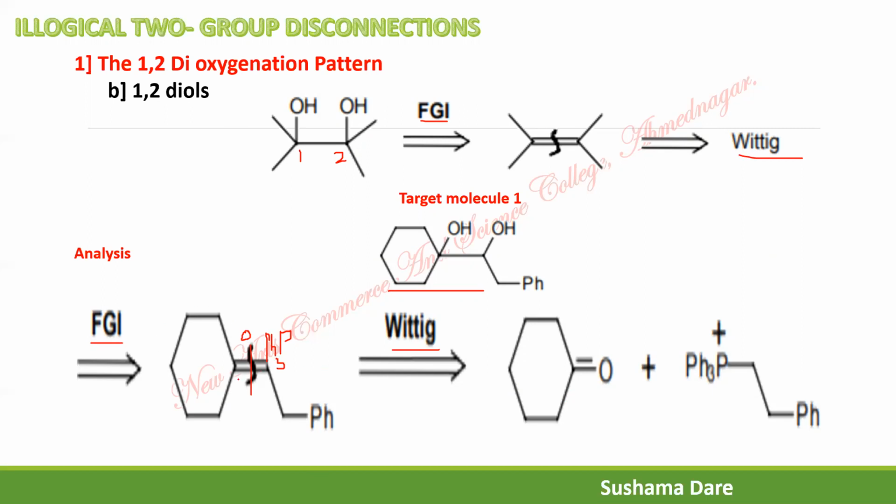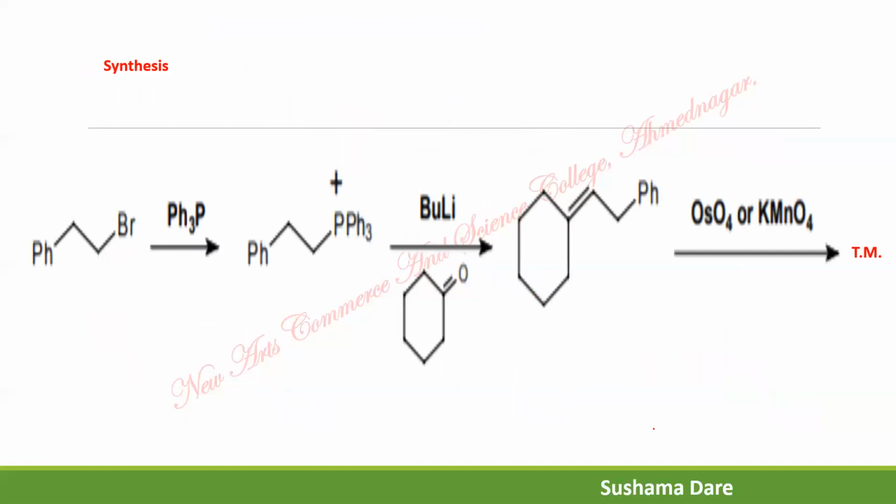The simple thing is, if you write down the oxygen over here, that gives cyclohexanone, which is readily available, so this is the best method to place the carbonyl group over here. The remaining part is now Ph, CH2, CH2 and PPh3. So this is a Wittig reagent. How to get this Wittig reagent? So the next part is the retro of this, which is Ph, CH2, CH2, Br. So at the end, you have to start with the reaction of Ph, CH2, CH2, Br.